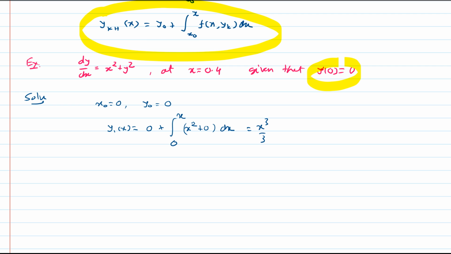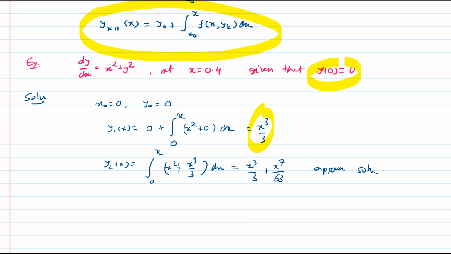Now for the second iteration, when I go, y2(x) is again 0 plus integration from 0 to x of x square plus the answer you have got. This is your y1. So when you put that value here, we get x square plus x cubed by 3 dx. Finally, after all the substitution and integration, you get x cubed by 3 plus x raised to 7 upon 63. We can say that this is the approximate solution